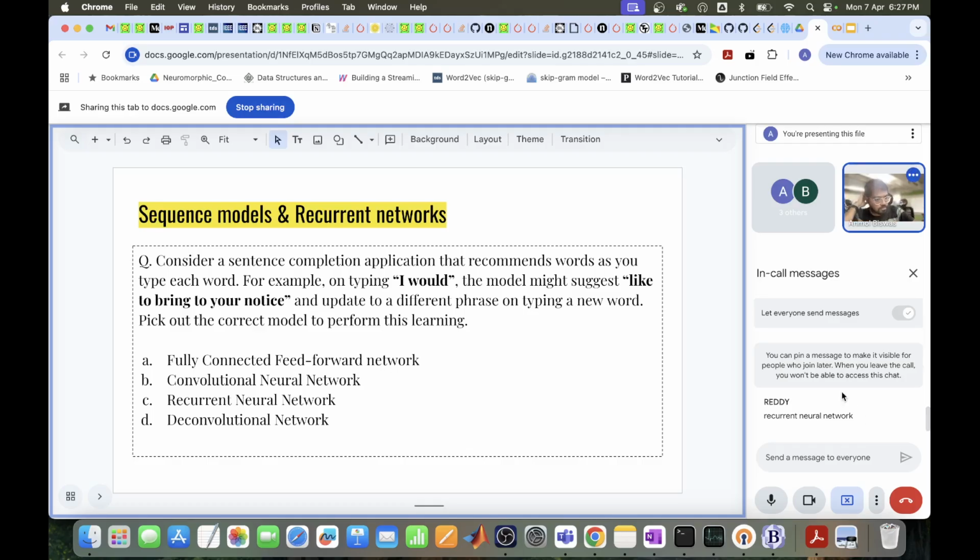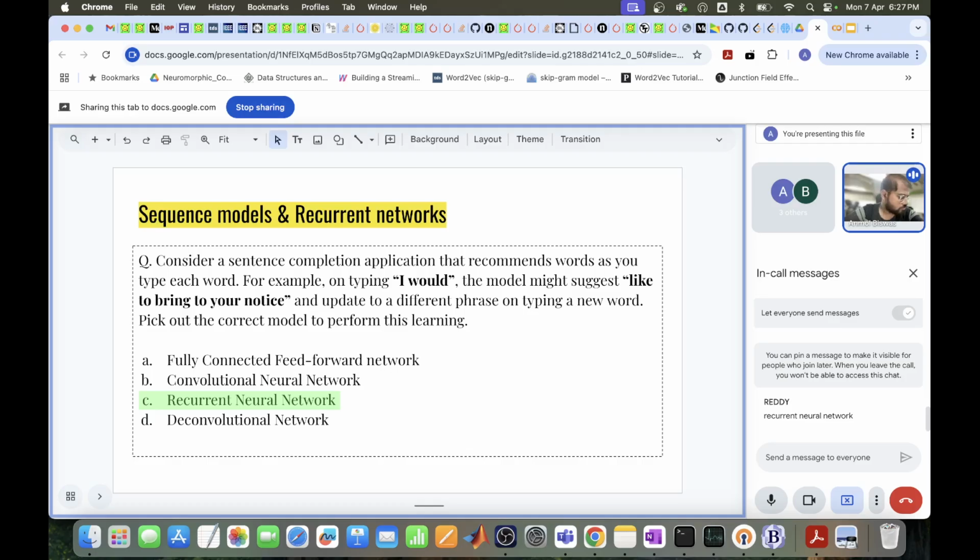Yeah, so recurrent neural networks obviously is the correct answer, right? Because recurrent neural networks actually perform sequence modeling. They have the history, the hidden state. In recurrent neural networks, the hidden state basically has the past history information, right? And that's how it remembers the context that has happened in the past, and then tries